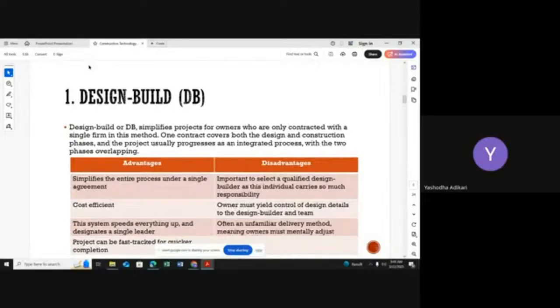Now I will discuss this part again. Can you remember when I was discussing the project life cycle? I told you first you have to complete the design part, and only after that can you start the construction activities. Now imagine the construction part and the design part are both done by the same company. Imagine I want to construct my house, and I want it very quickly, within 6 months. I want to complete my house construction activities.